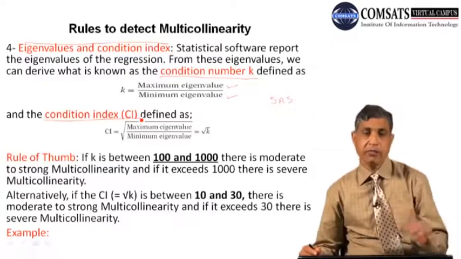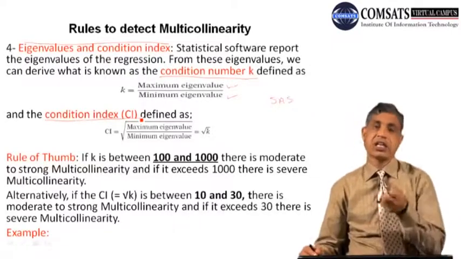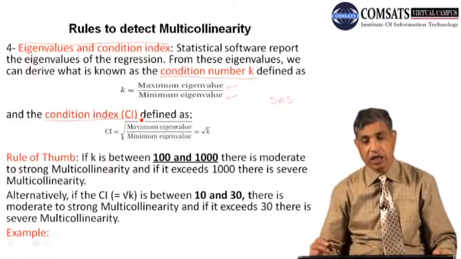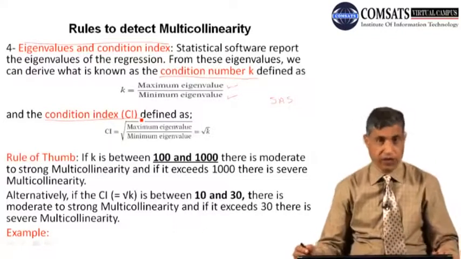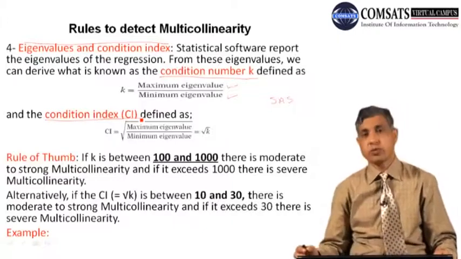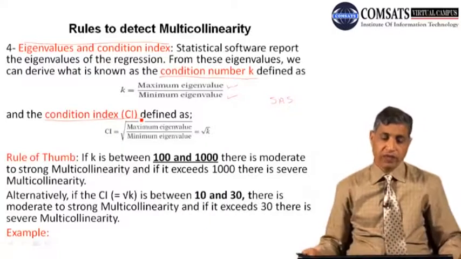Now there is not a big difference. The difference is only that the conditional index takes the square root of the k condition number, and otherwise there is no difference. So what is the rule of thumb? We will be calculating it by supposing some values. The rule of thumb is that